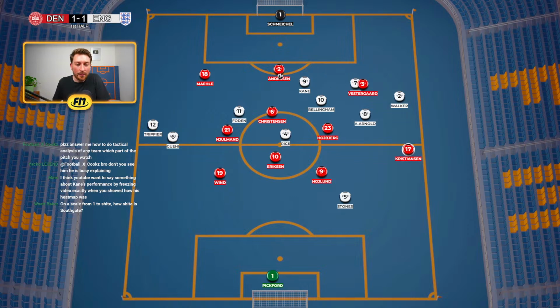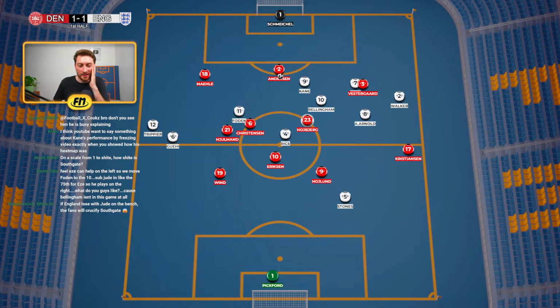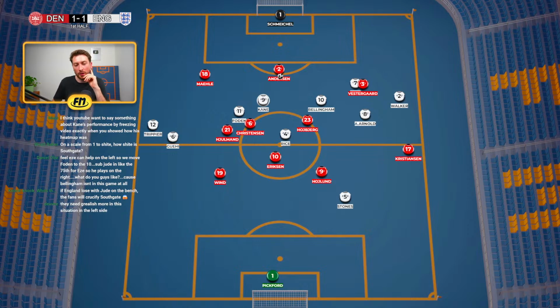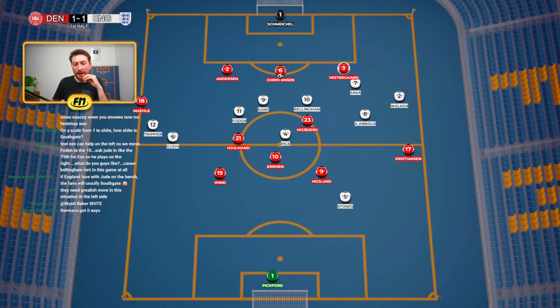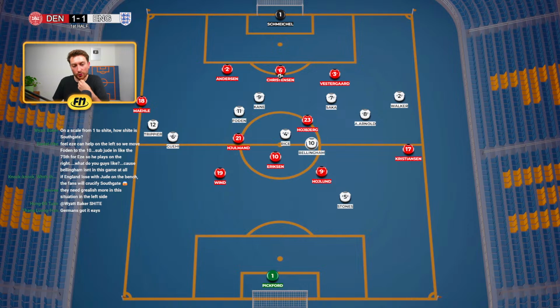And to understand their build-up, you need to understand essentially the first line and the second line, and then the rest kind of falls into place. So I'd say if you can understand what a team is doing in this area of the pitch up top, it can give you a lot of ideas of what spaces they're trying to exploit further up the pitch as well. So, for example, they had a back three, and that was really good because England initially pressed with a front two. So it worked really well because you can outnumber them in the first initial phase, and then